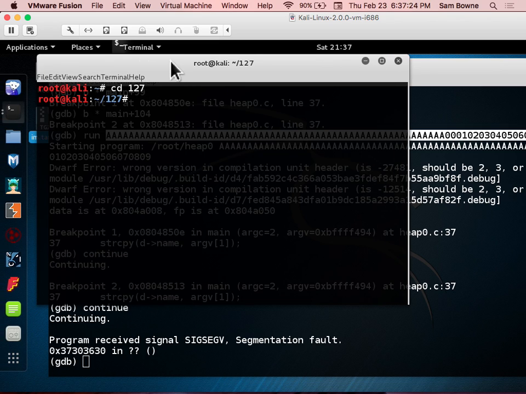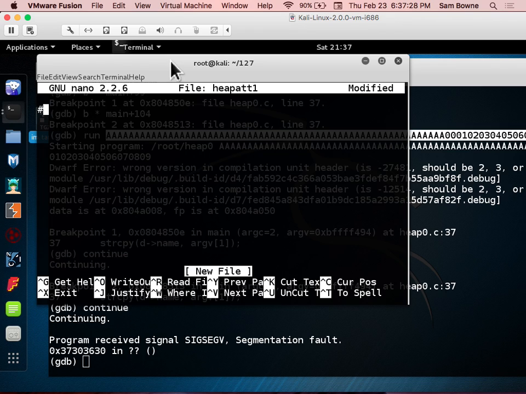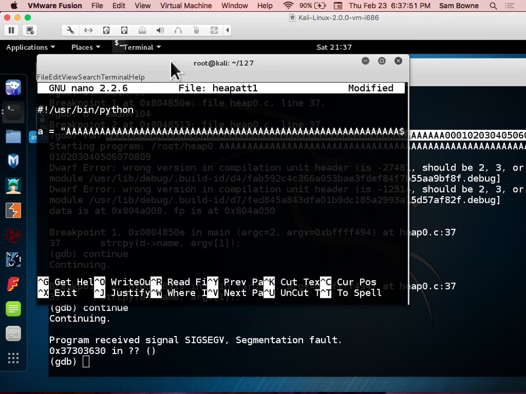All right, so now I'm going to nano heap attack 1, /usr/bin/python. By the way, it's supposedly more professional to do this than /usr/bin/python. Anyway, I'm going to use /usr/bin/python. I'm sure that'll work. If you have more than one version of Python installed or something, that follows up. Anyway, A equals that thing, and get rid of the 0607. All right, now I'm supposedly ready. A plus equals B, C, D, E, print A,